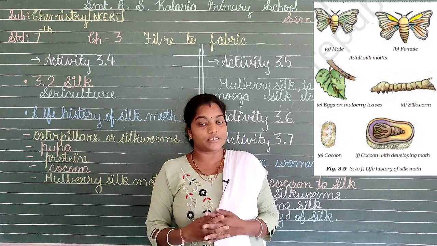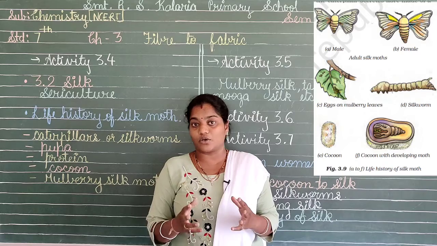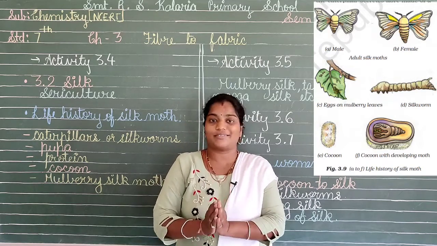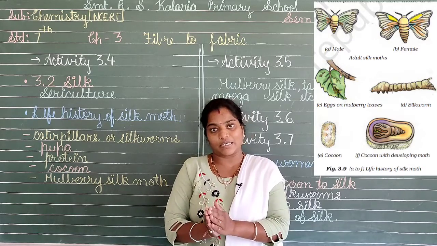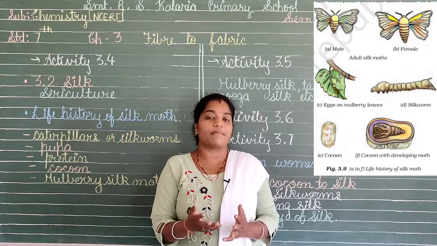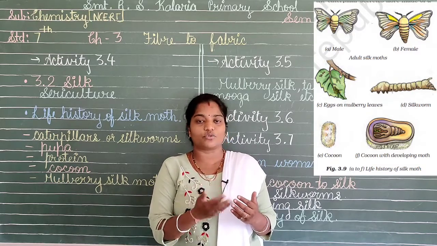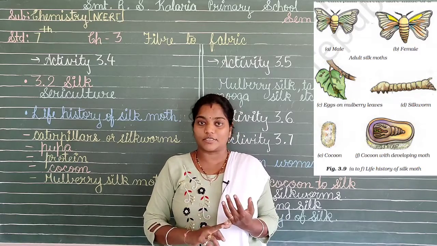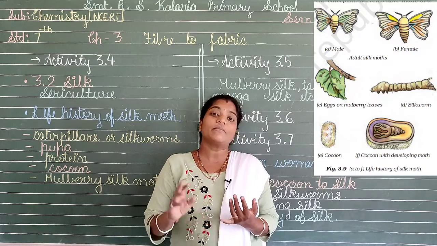Now after the moth is completely made inside the cocoon, it will break up this cocoon and then move on. Now this cocoon is helpful to us, because this is the one which is going to give us the silk, and the moth which is now ready for the next generations will be laying the eggs again. Now these eggs will again go through the same cycle, that is the larvae will convert to the caterpillar or these silkworms, then again the pupa stage, again the cocoon will be formed, and thus we will have